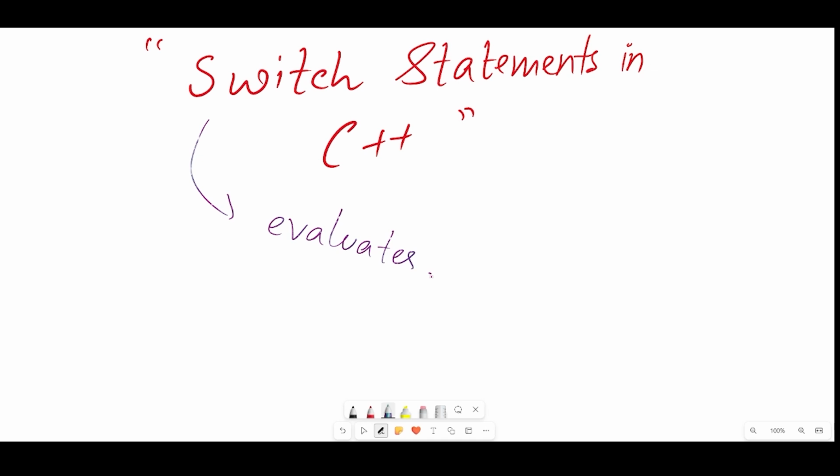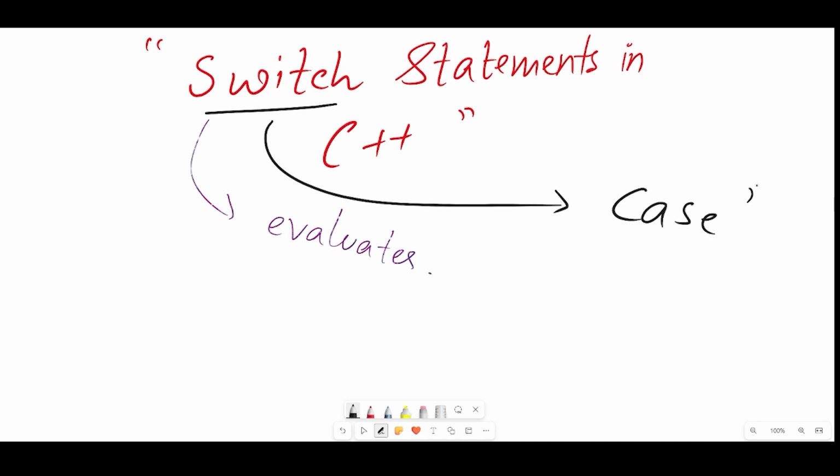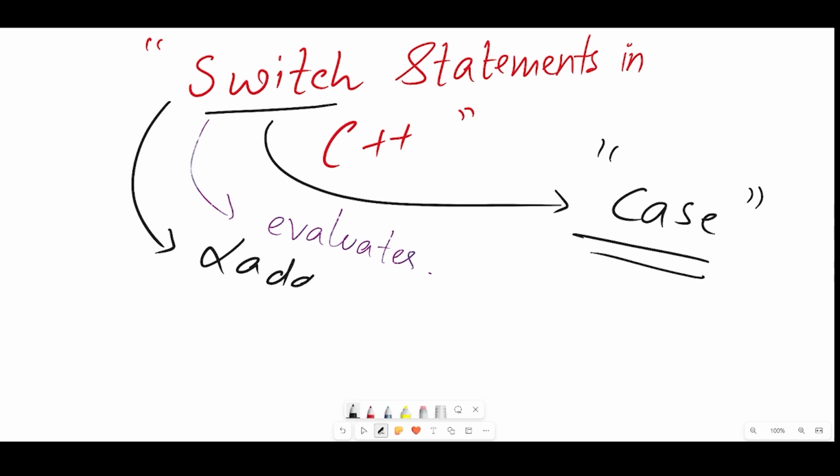Now, one very important word from the switch statement which we can take is the word called case. So it does not actually check for conditions, it checks for cases. Like if that case is present, then whatever is inside that case will be evaluated. So you can think of it like a ladder of if-else, with a lot of if-else present, and that is how it performs. But there is a little bit of difference between how if-else works and how switch works, so that difference I will also let you know.